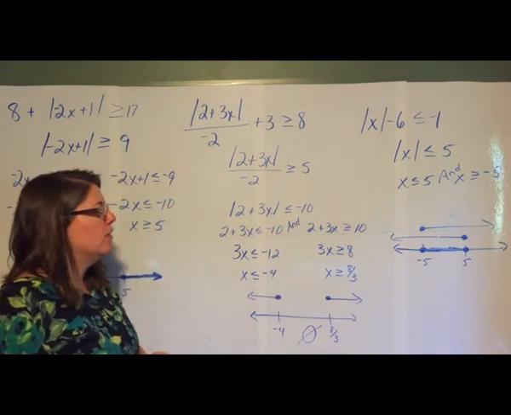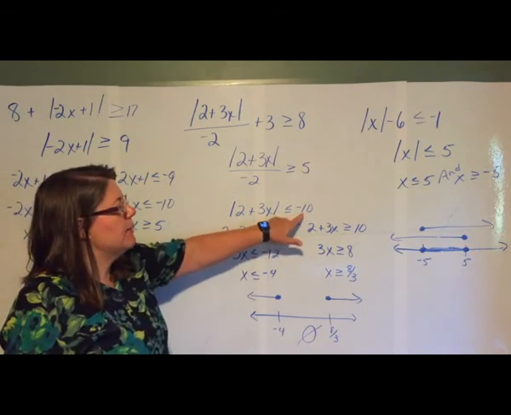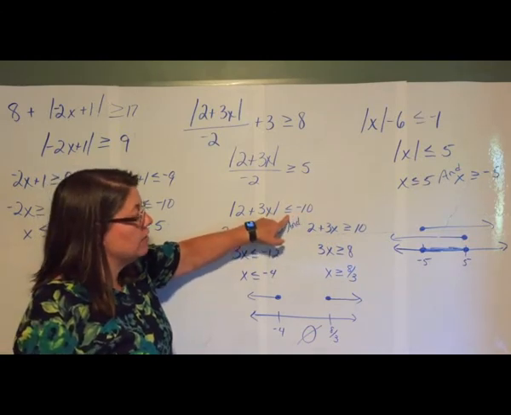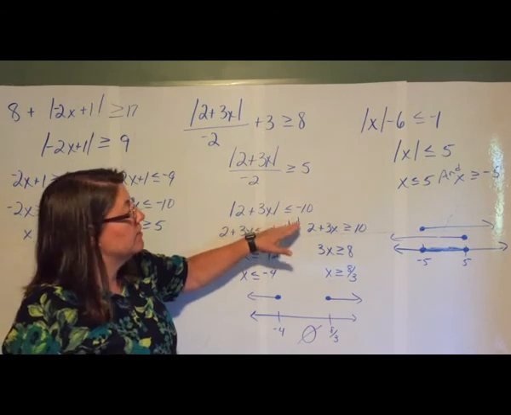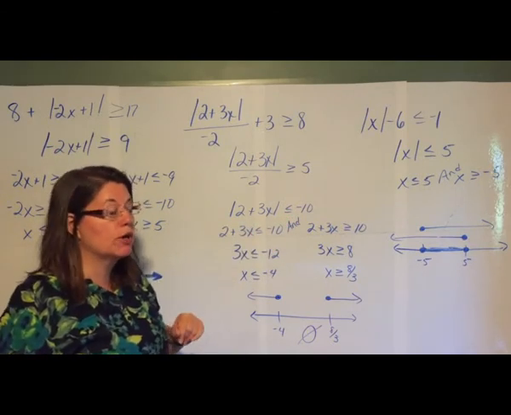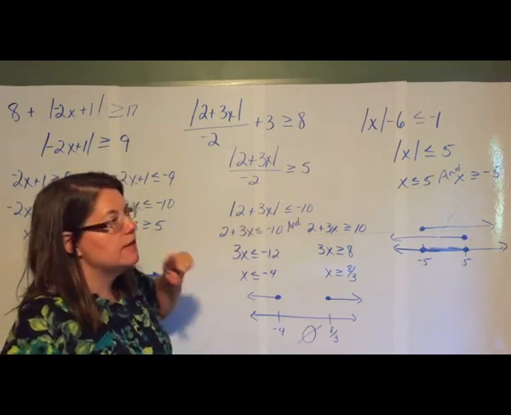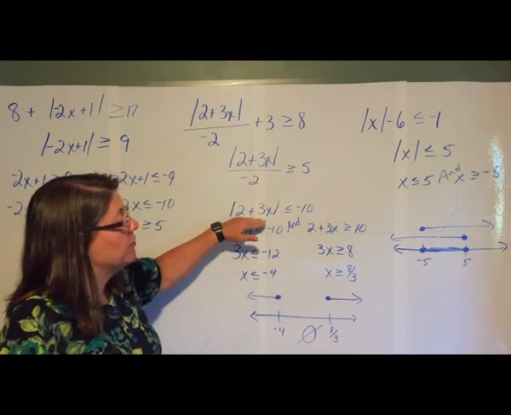Now I do want to point out this one is a little bit different. Sometimes if we have a negative here, like if we had a negative here and this was greater than or equal to, we cannot assume that it's going to be a null set because there may be some numbers that would work if this is greater than a negative number. But since this one is potentially saying what is in the absolute value is going to be